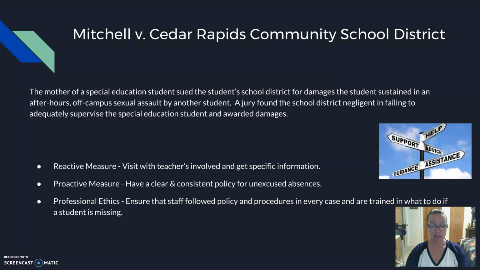On the day of the actual occurrence, both students skipped fifth hour and left the school grounds and went to the young man's home. From there, they went to another friend's home where they engaged in sexual activity in the garage. They had sexual intercourse. So in November 2009, the mother, Mrs. Mitchell, sued the school for negligence on her daughter's behalf,